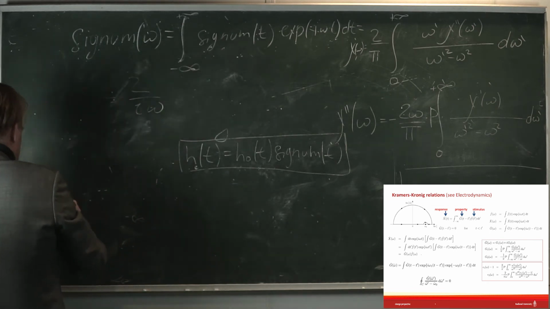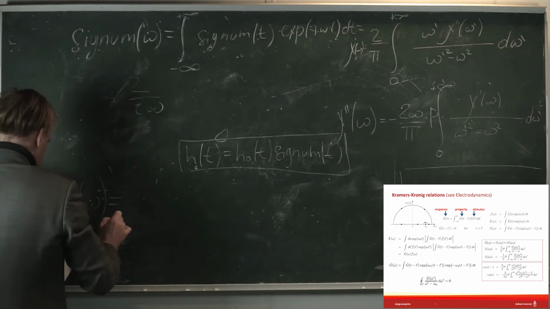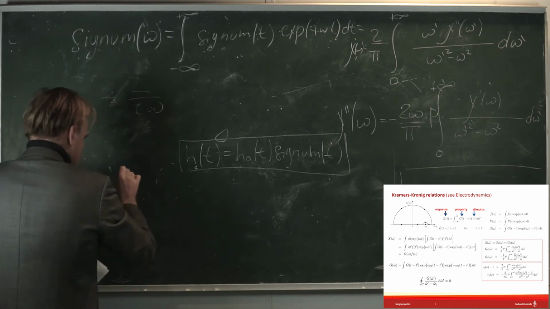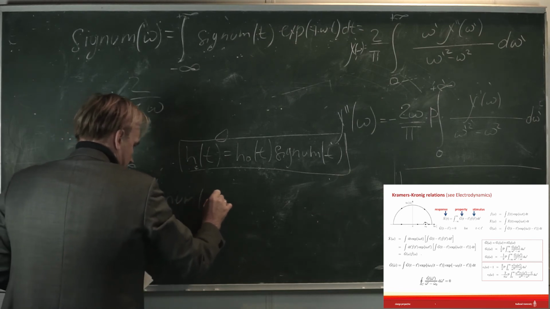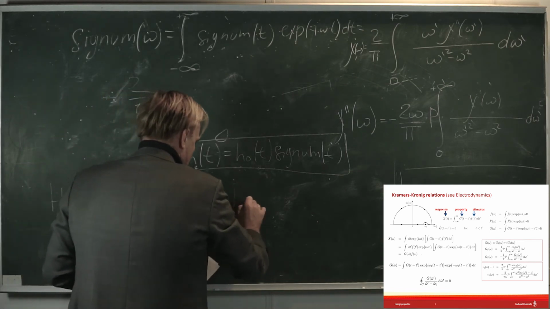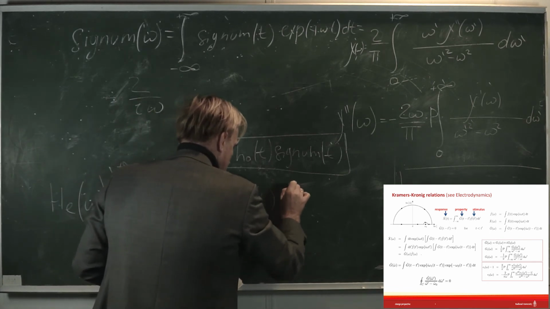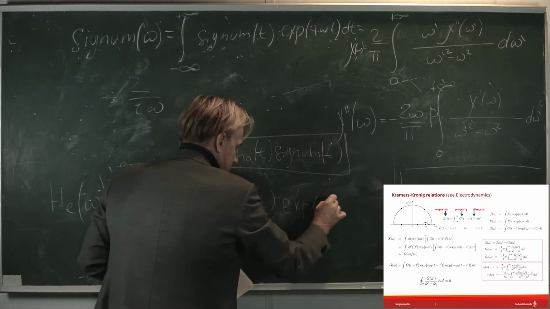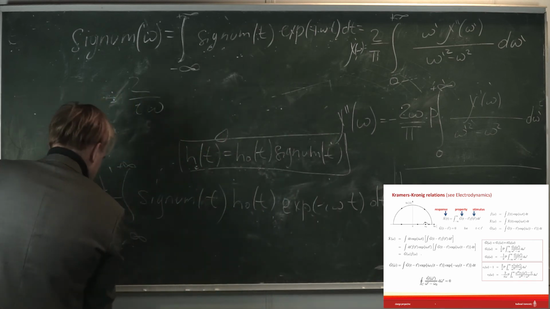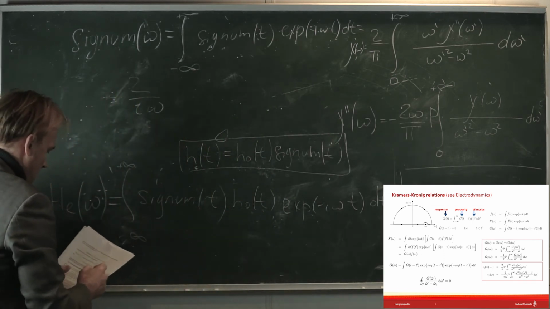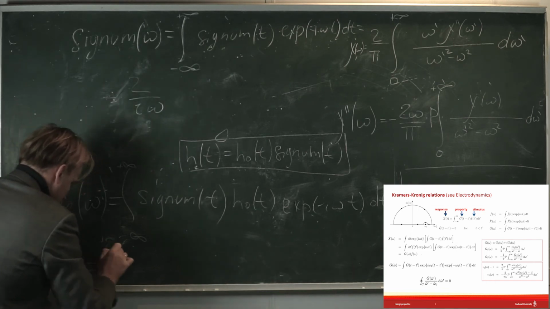And if you search for a transform of an even function, it would be the integral from minus infinity to plus infinity of the odd function of time times exponent minus i omega t dt, which is equal to